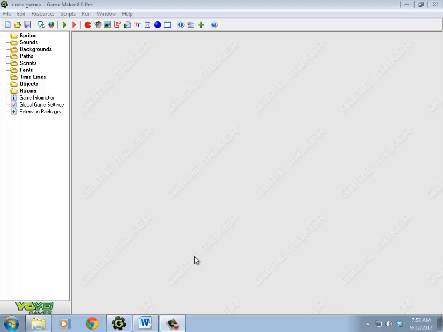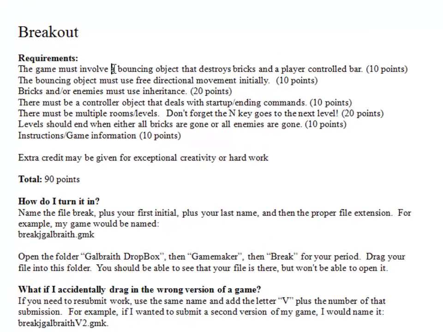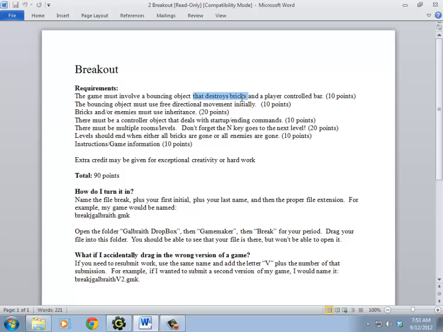All right, so today's game is called Breakout. In this game, we're trying to create something that's a little bit like Pong with bricks that you destroy. So it's going to involve a bouncing object. I'm going to call it a ball in my game. There's a player-controlled bar or bat or whatever the thing is that it bounces off of that you use. And there are bricks, which are going to be the things that are going to be destroyed and give you